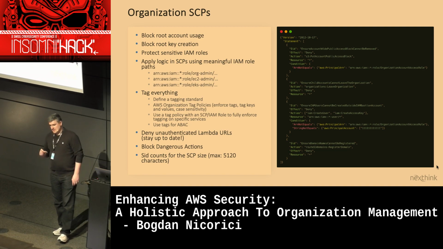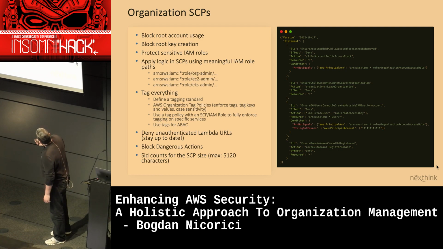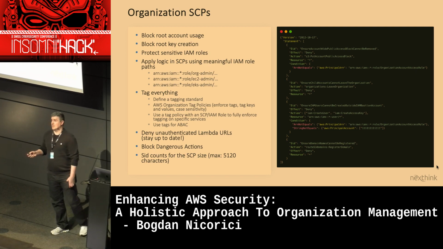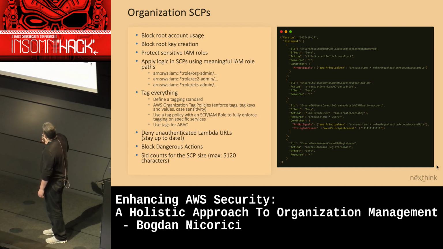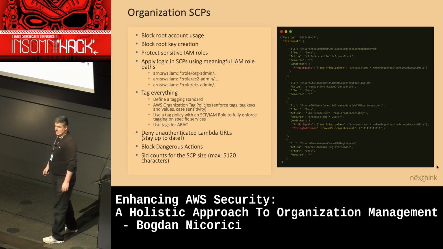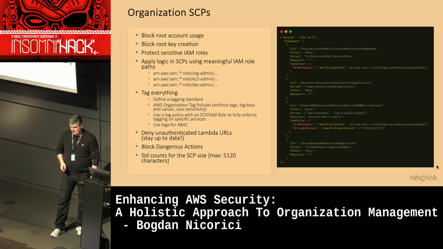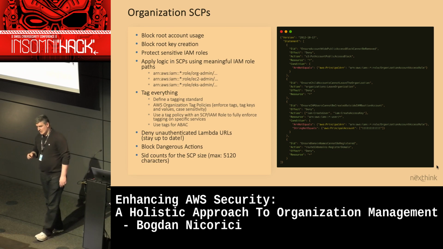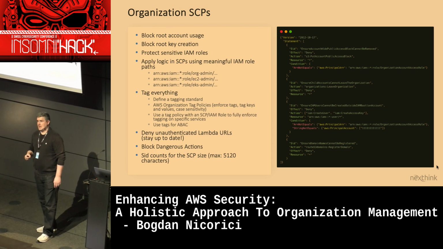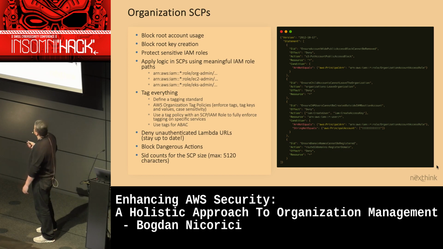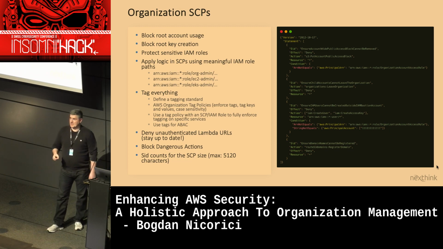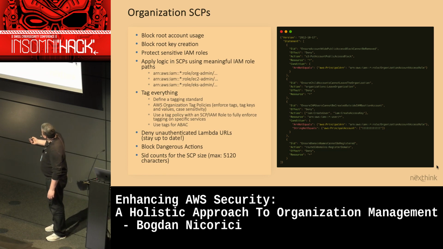There's one catch with SCPs: they have a maximum size. You cannot exceed this size. And the Sid, which is this one, counts in the size of the SCP. So once you start reaching a specific size, it's good to remove the Sids from the policies. I left them there just to give a bit more explanation of what it does. There's also another catch: since you're doing denies in IAM, you actually have to extensively learn the IAM language. The way each IAM policy is treated is completely different if you use deny or allow, even in the conditions.